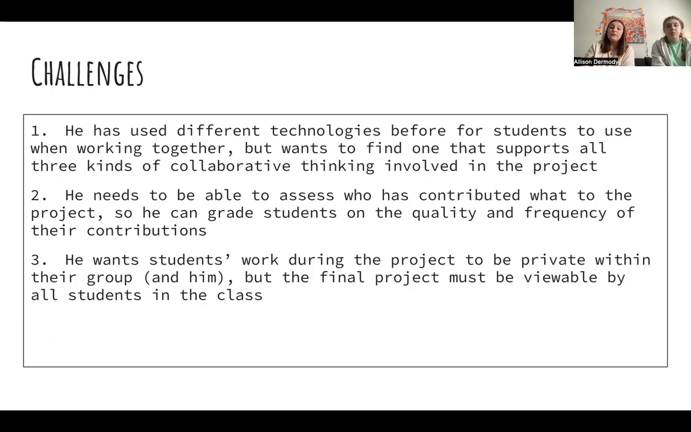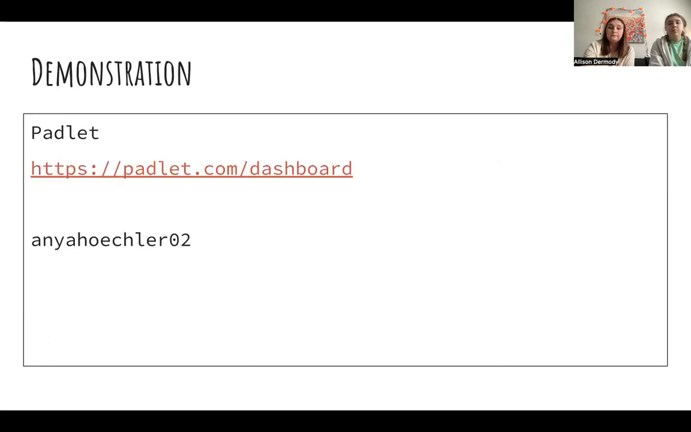And he also wants students' work during the project to be private with just the members in the group and him. And then when it comes to the final project, he wants it to be viewable by all the students in the class. So I'm just going to show an example of a Padlet and how to make and sign